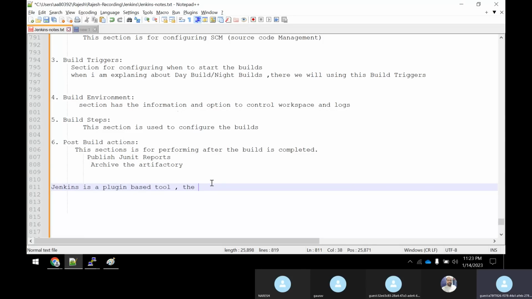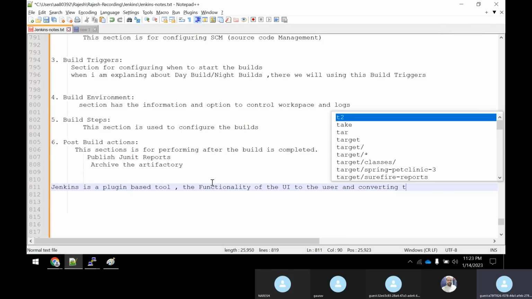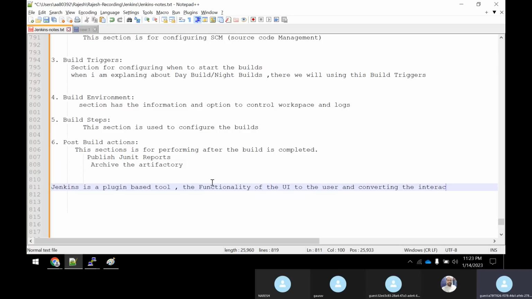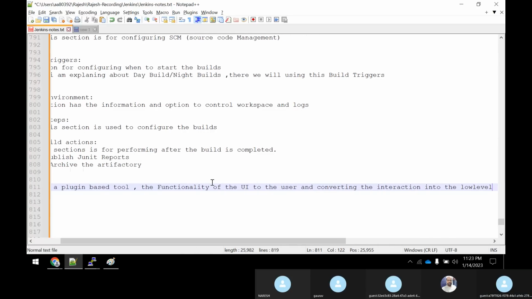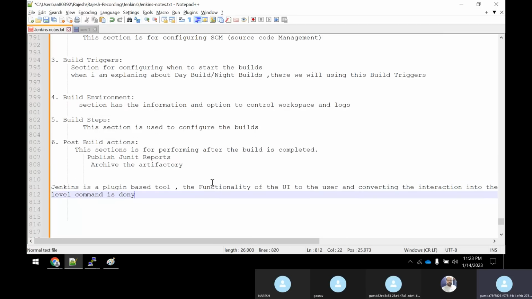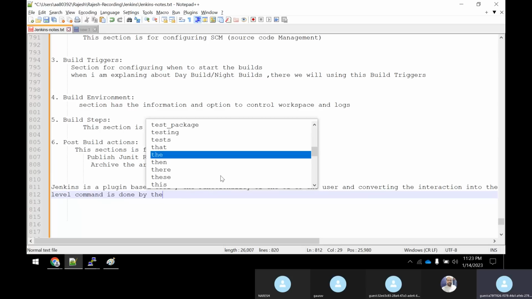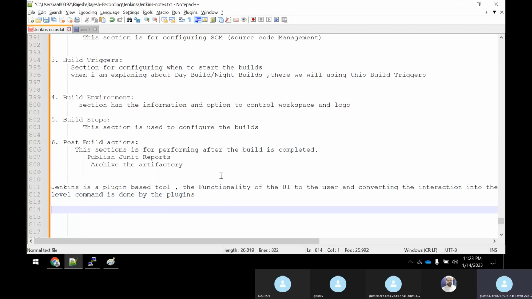So the functionality of the UI is user interface to the user, and converting the interaction into the low level commands is done by the plugins actually.